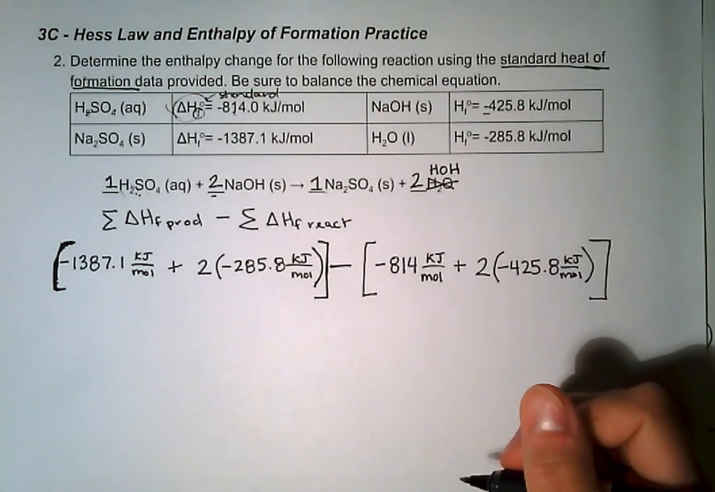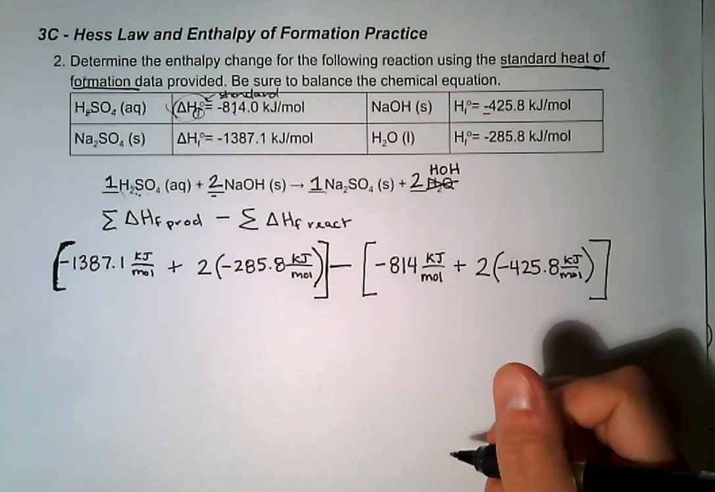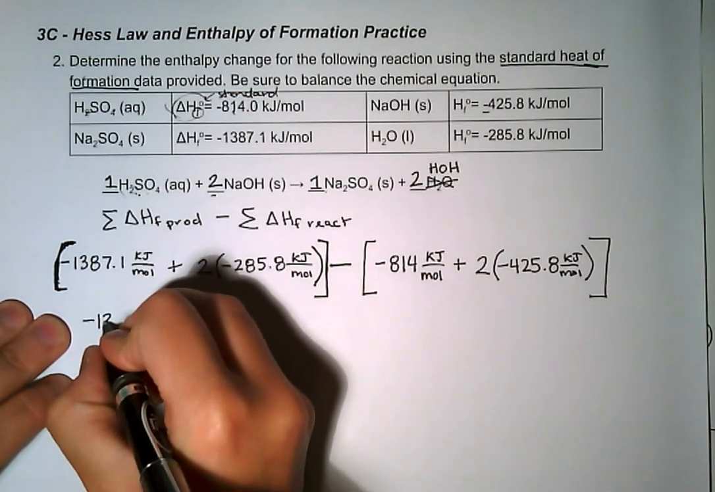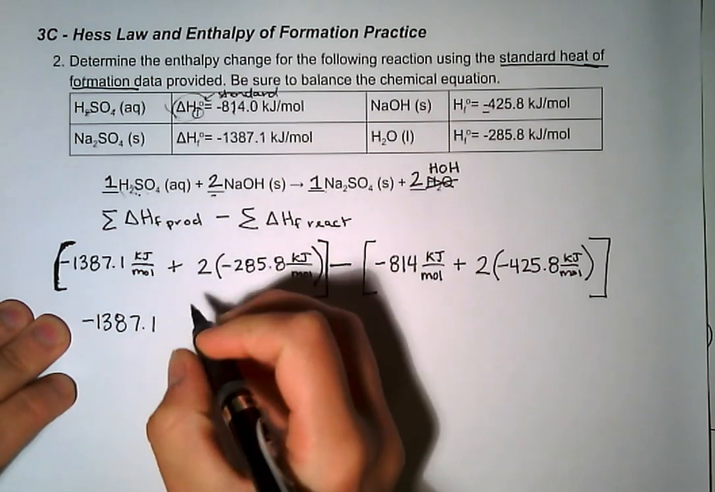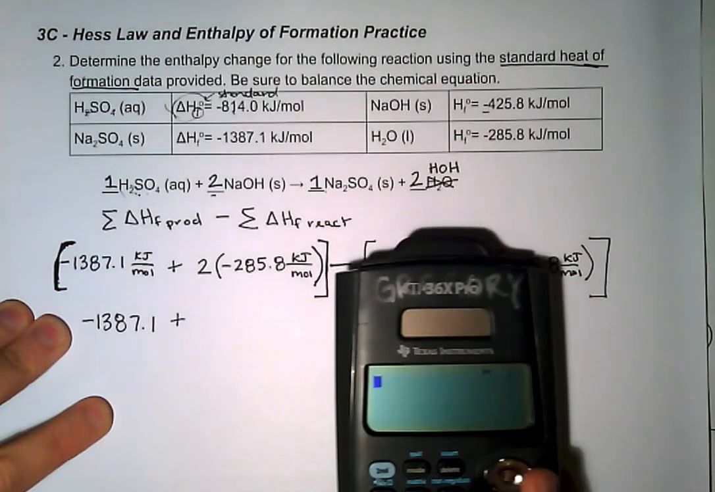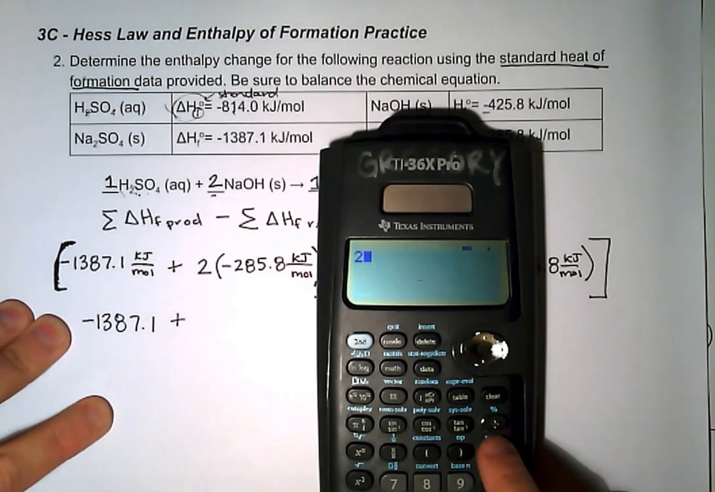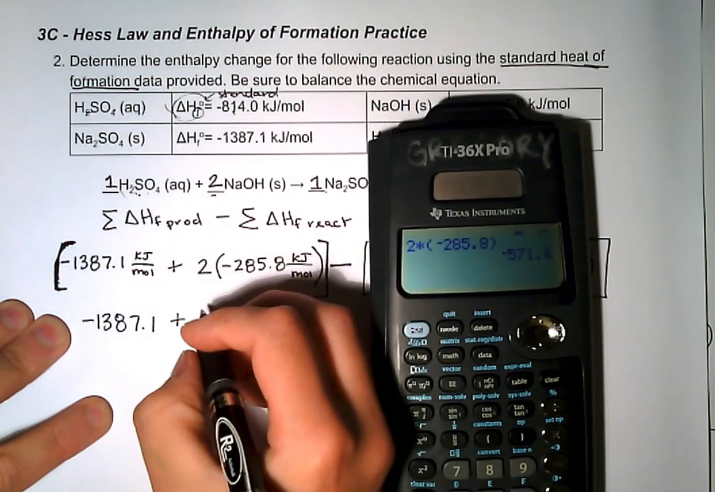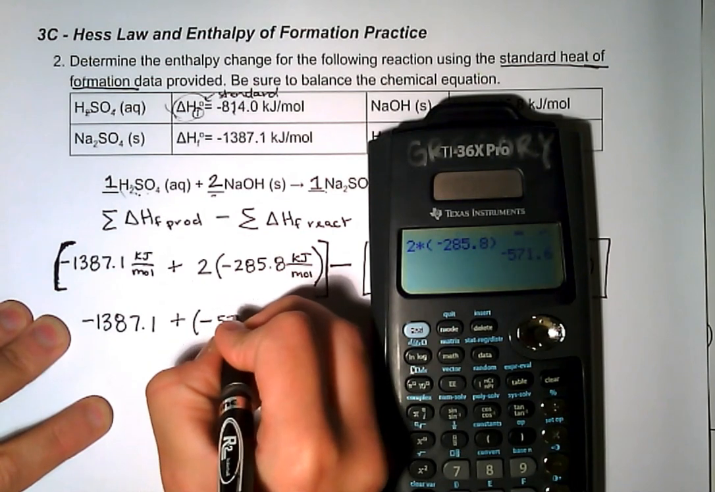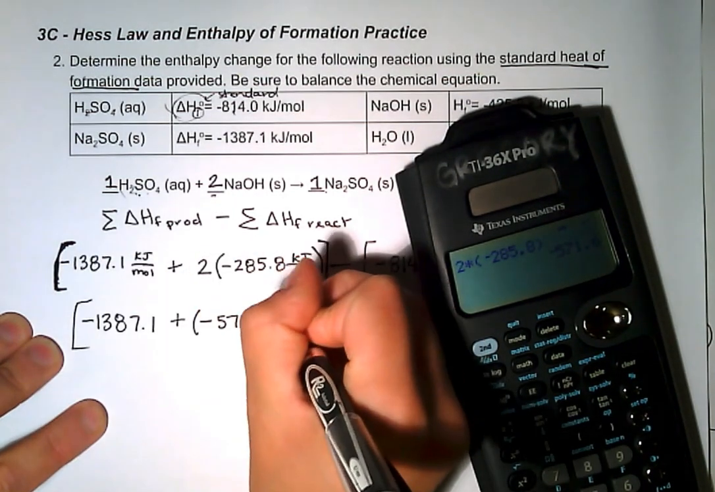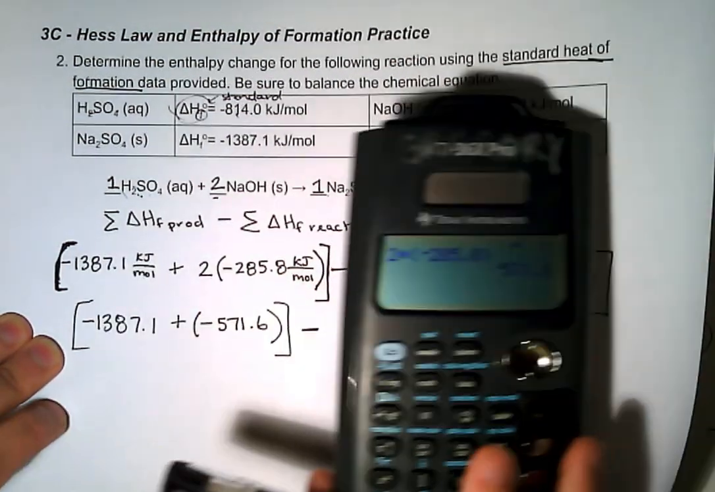So I could type all this into my calculator, but I like to simplify a little bit as I go. So I'm first going to do negative 1387.1 plus 2 times this value. So I'm going to, in my calculator, do 2 times negative 285.8, which gives me negative 571.6. Okay, so then I still have my first set of brackets, and then I'm still subtracting the other side,